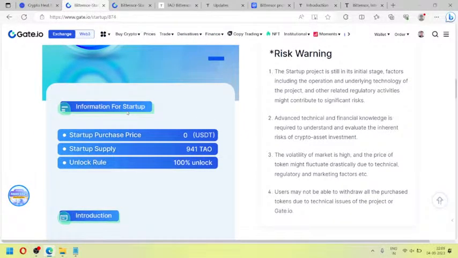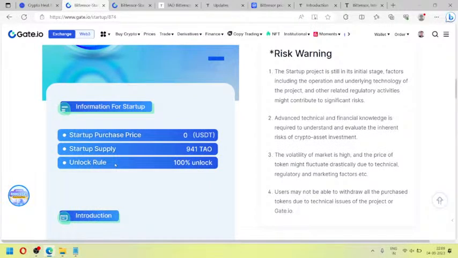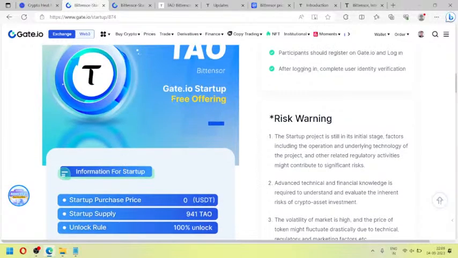You can see the startup introduction. The startup purchase is free, the price is 0 USDT. They will not charge you anything, it's free. You will get some TAO tokens. For the startup supply, you can see how much they will supply. For the startup, shares will be distributed to participants, and 100% unlocked, 941 TAO tokens they will distribute in the startup